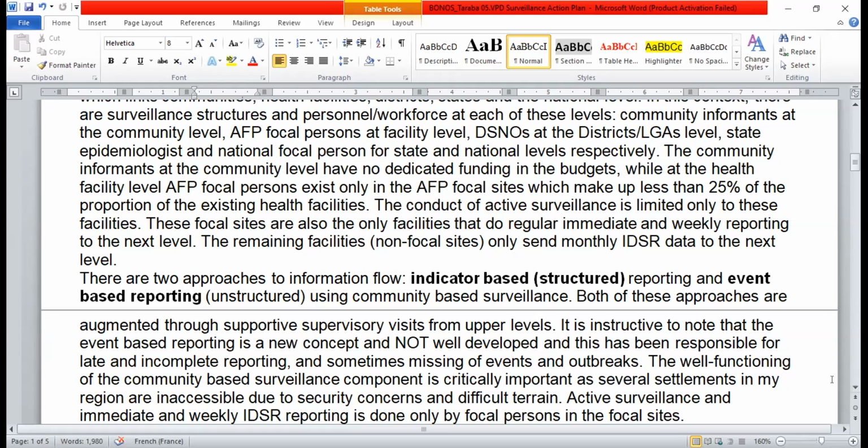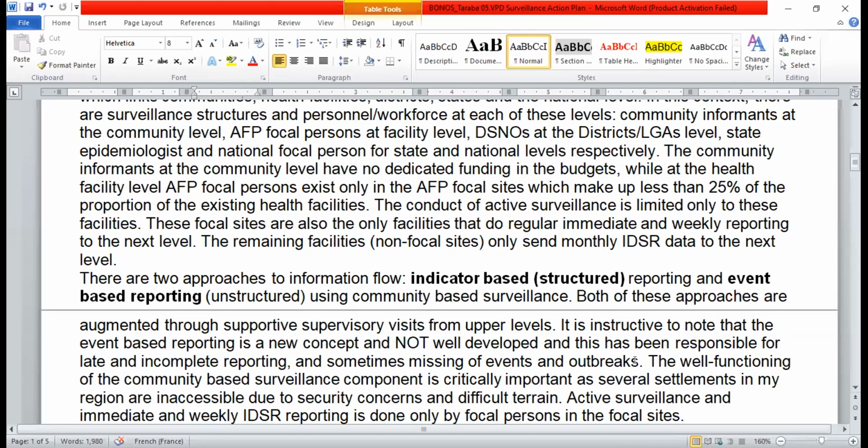Now, there are two approaches to information flow in the surveillance system: the one that is indicator-based, which is structured reporting, and the event-based reporting, which is unstructured, using community-based structures. Both of these approaches are augmented through supportive supervisory visits from upper levels.